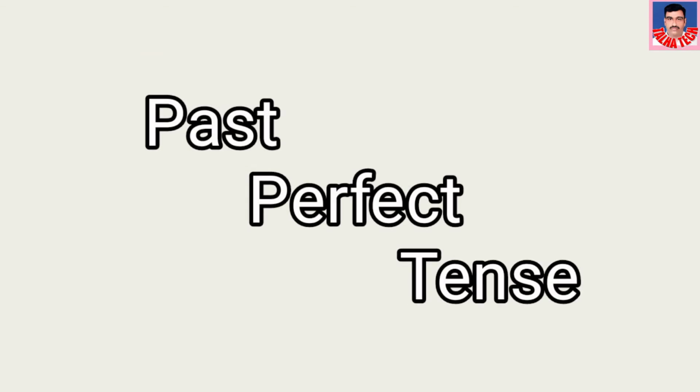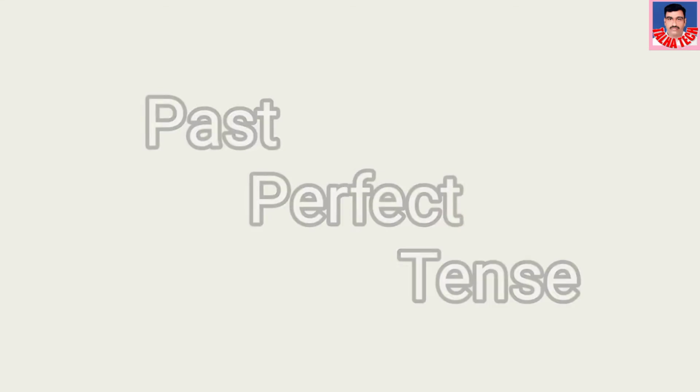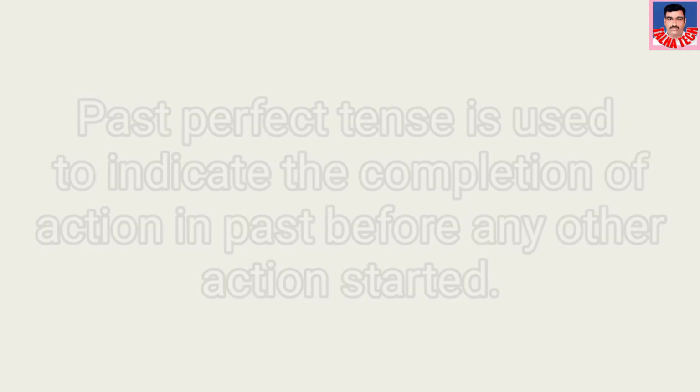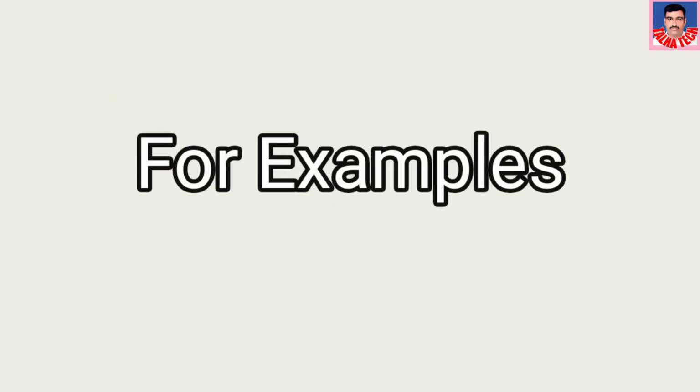Past perfect tense. Past perfect tense is used to indicate the completion of an action in the past before any other action started. For examples,